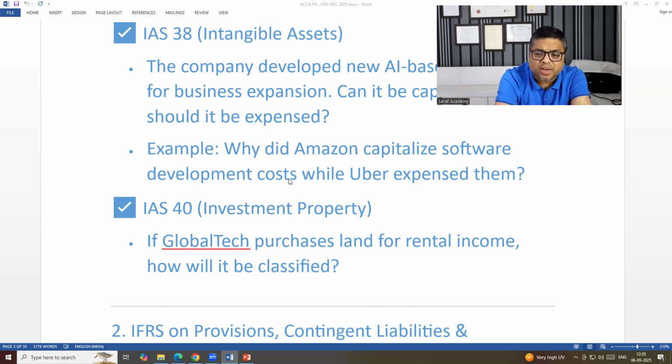But if you want to book an exam center, you should book in advance, because many exam centers fill up very fast. So if you want to book the exam in an exam center, you should book by the end of September or at worst the beginning of October, not beyond that. If you delay further, then maybe the exam center is filled up and you need to give the exam sitting at home only, on a remote basis. The exam fee is the same, whether you give the exam sitting at home or in the exam center.